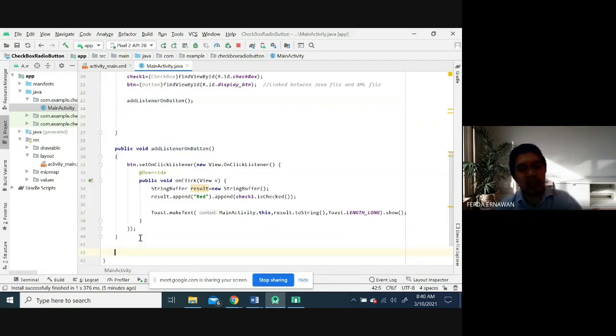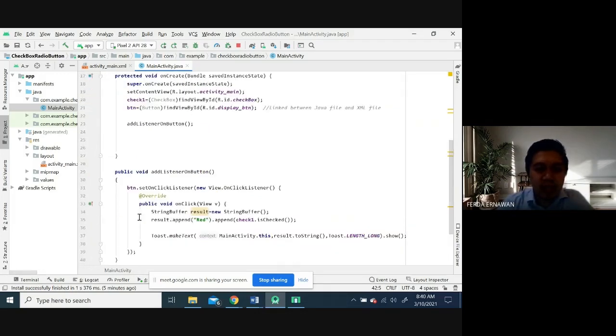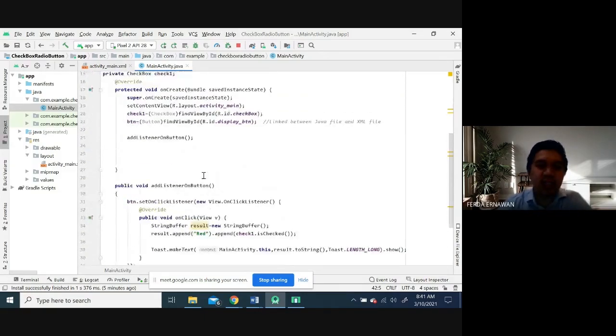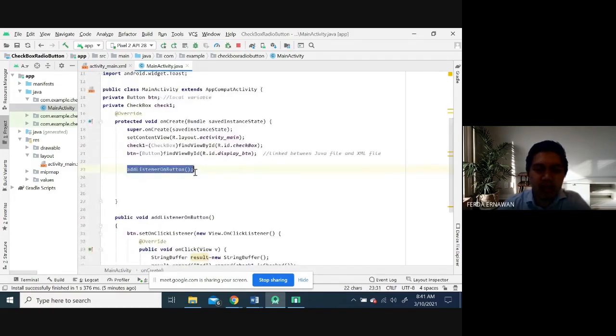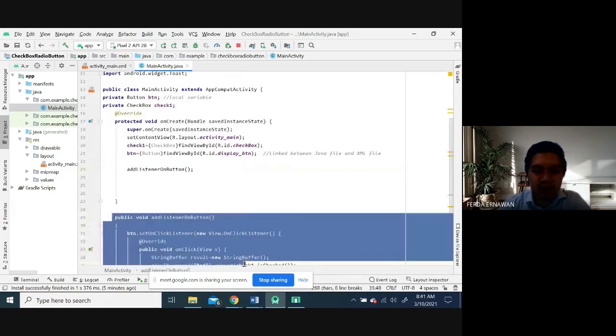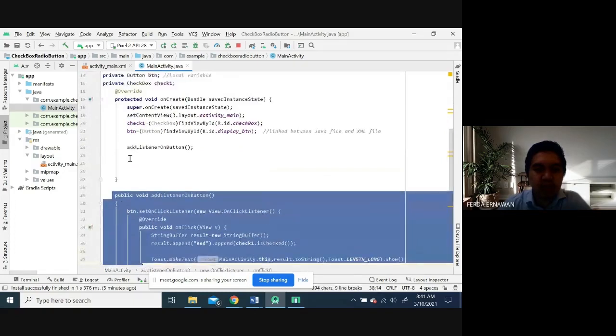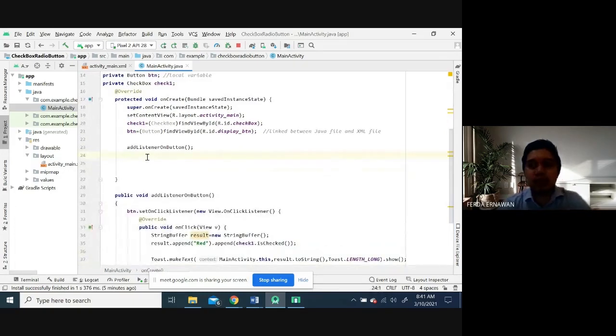Usually in a programming technique or Java file, we call it the calling function. This is the function definition. Usually in Android we don't need to declare, we just need the calling function and the function definition.